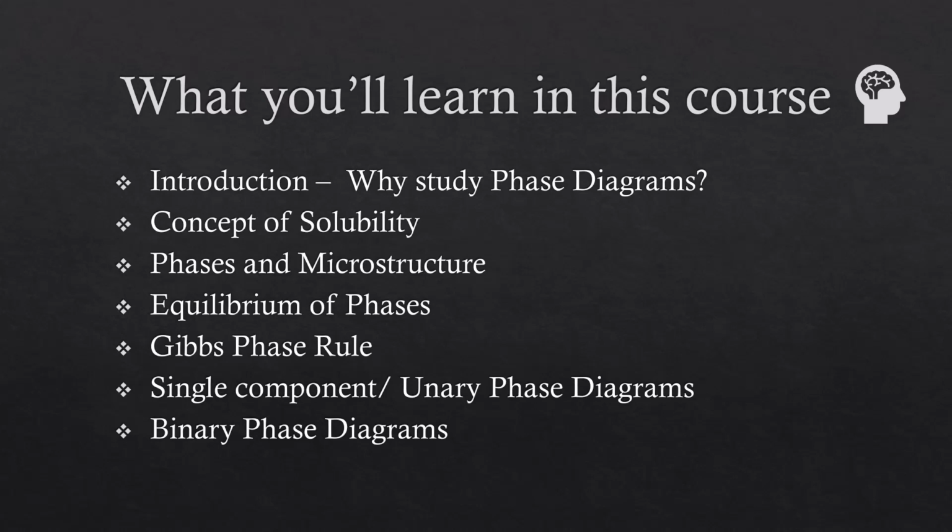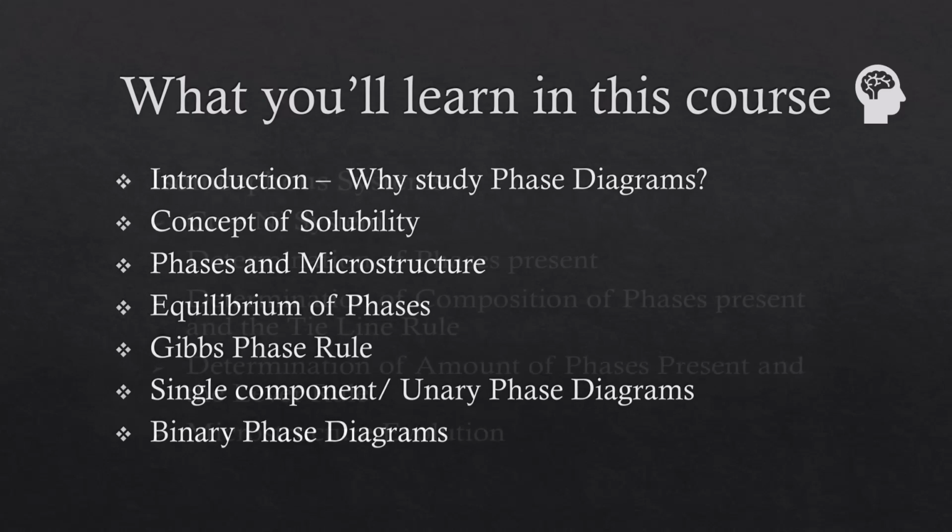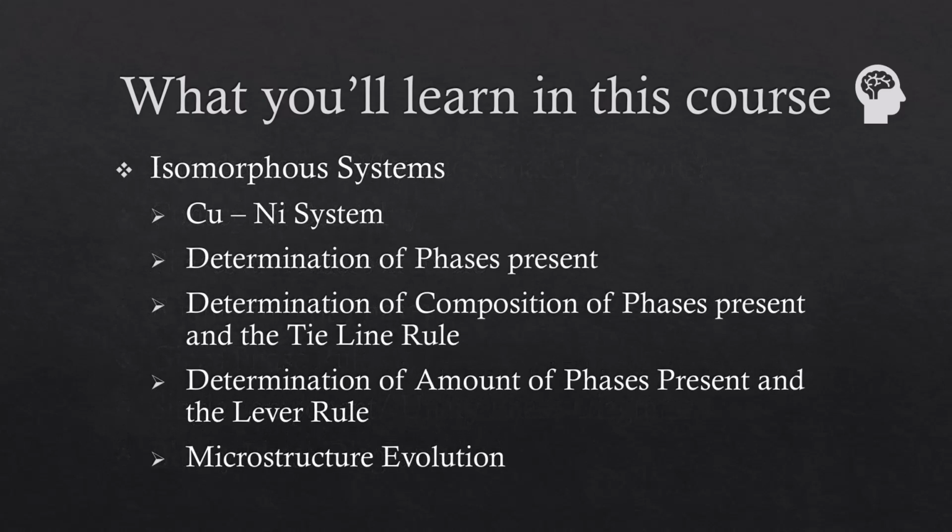We then move on to the binary phase diagrams. We will study the isomorphous systems starting with the copper-nickel system. In copper-nickel systems, we will determine the phases present in the phase diagram at a particular composition and temperature. We then study the tie-line rule and determine the composition of phases present at a particular composition and temperature in